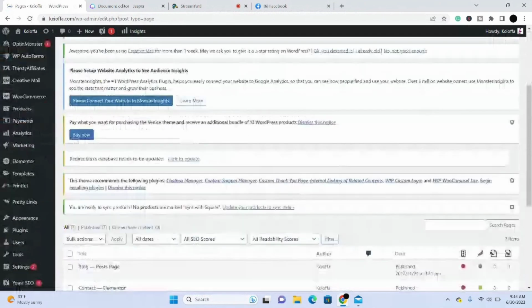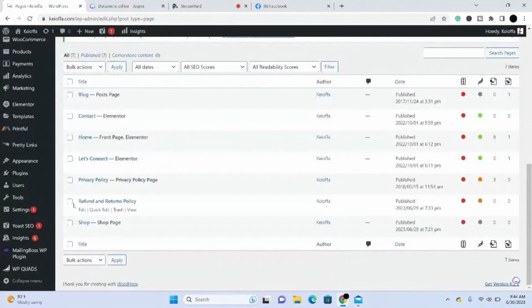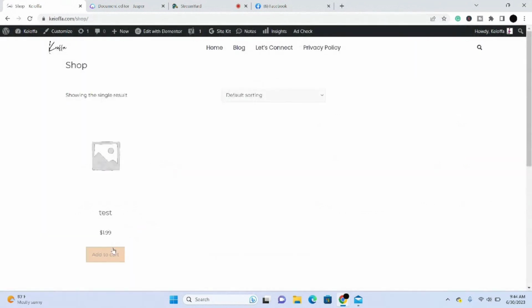But what I'm looking for now is where the shop page is. So I see that the shop page is right here, but I can't edit it like that. So I had to figure out where the product section was. When I find the product section, then it'll actually show up on the shop page. So I'm kind of trying to remember what to do right here. Sometimes I get a little confused just because I don't do this part of creating a shop on a consistent basis, because I'll use